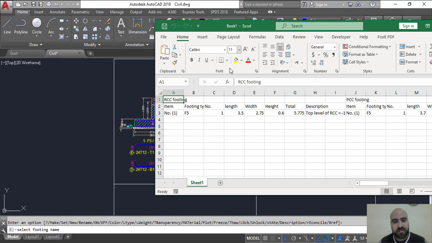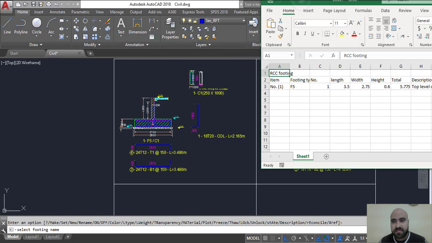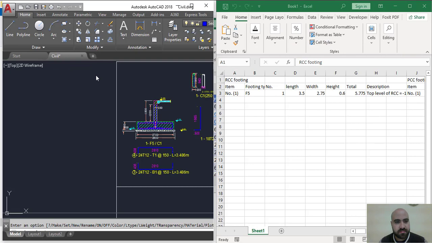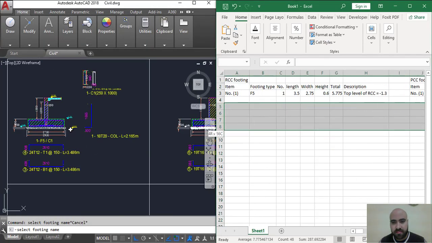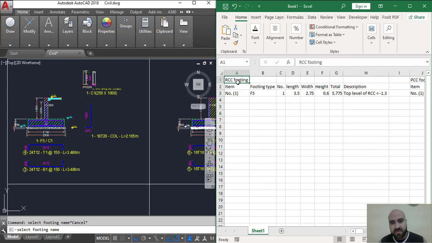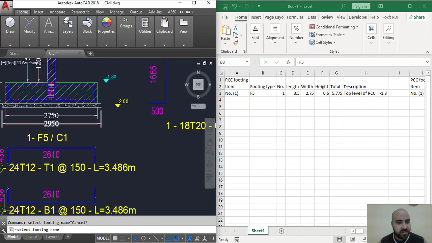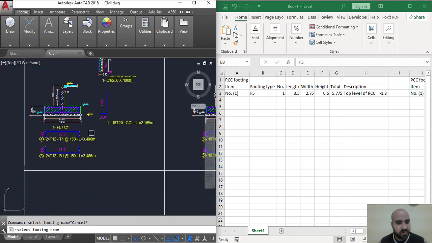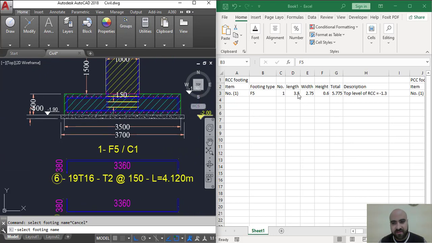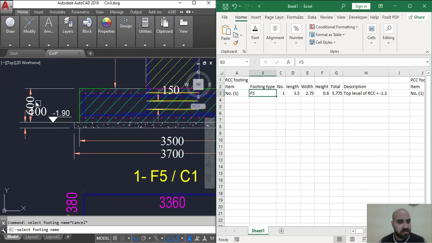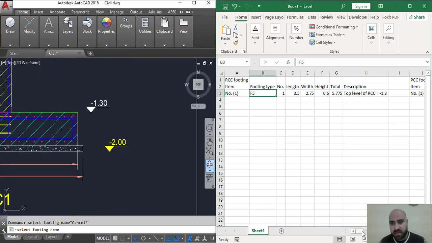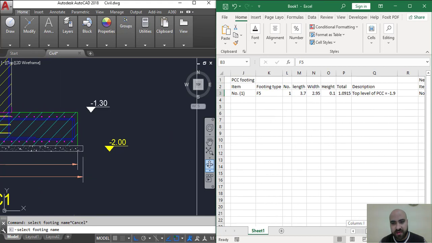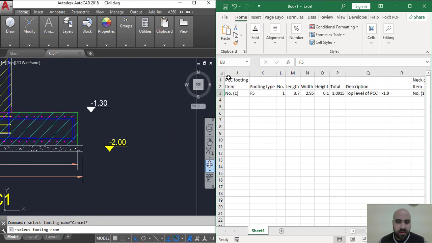Let's have a look here in Excel. I'm going to split the screen to share with you. This is regarding reinforced concrete footing, type F5. Okay, same dimensions here, 2.75, 2.75, and the other one is 3.5, and the height 6. Top level is the same, extracted here. All of this has been done automatically without interference in anything. Also PCC